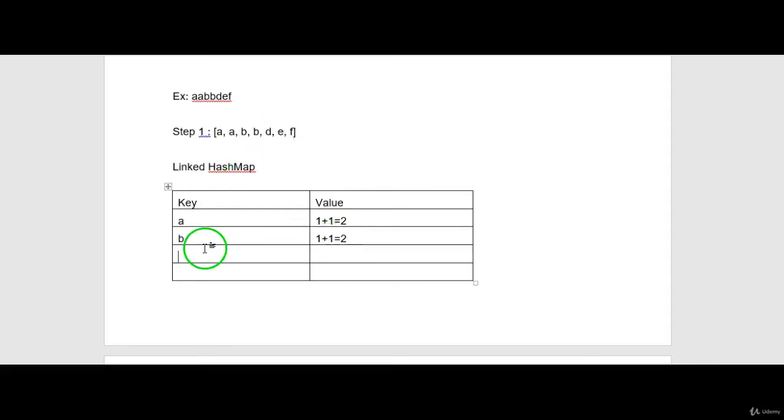And then now I'll take the value of D and check. After the first iteration, you will have B once and then B will be 2, and then in the next iteration check if D is present in this map. It's not present, so I'll store the value as 1. Now in the next iteration check whether E is present in this map or not. No, it is not present. Okay, store this value and the value will be 1. Key is E, value is 1.